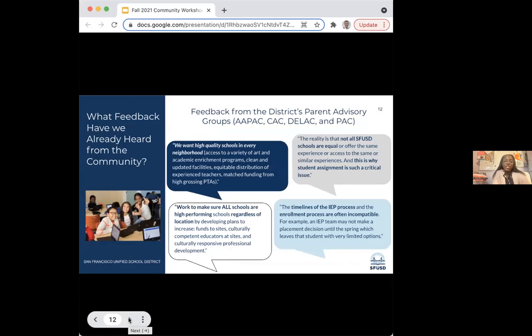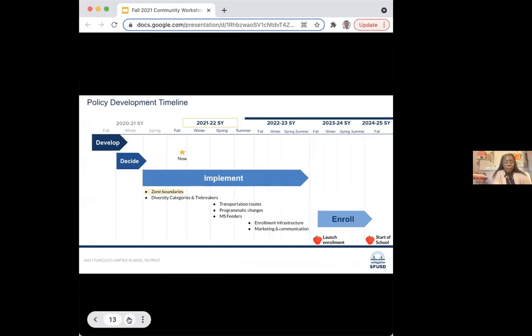and a system that encourages stronger connections between schools and local communities. Now that we've heard a little bit about the policy, we'll look at where we're at in the timeline. So in this timeline, we are in the implement phase. There'll be multiple opportunities for the community to give feedback along the way and at each stage of us developing the new policy, the new student assignment system. There'll be multiple community workshops, there'll be ad hoc committees on student assignment, town halls, and we have surveys as well.